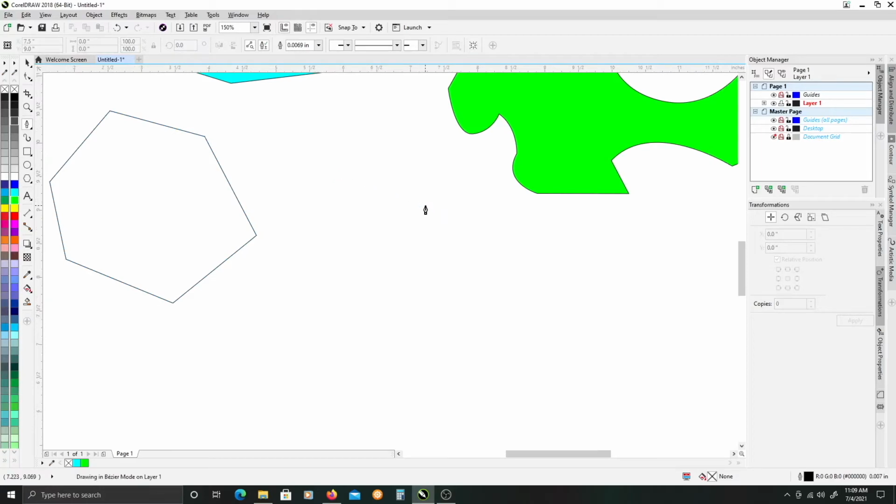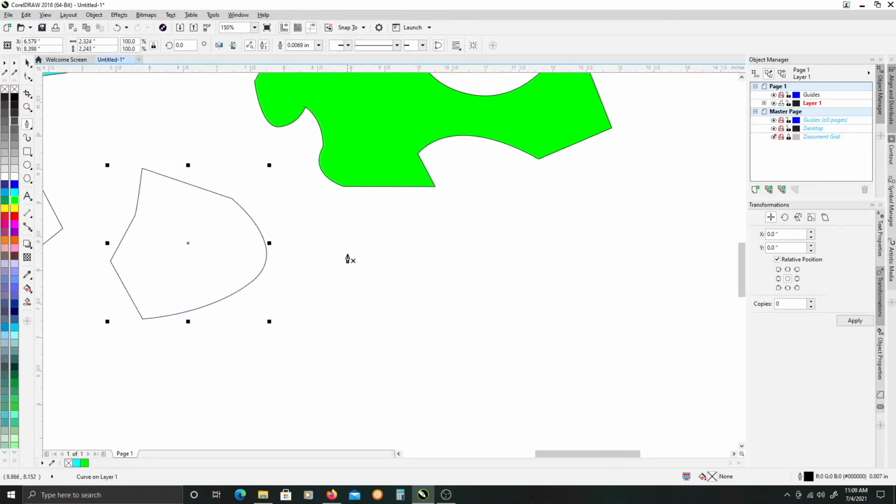You can click and hold and get your Bezier handle. But the one thing it doesn't do is when you click and get your Bezier handle, and if you didn't want a